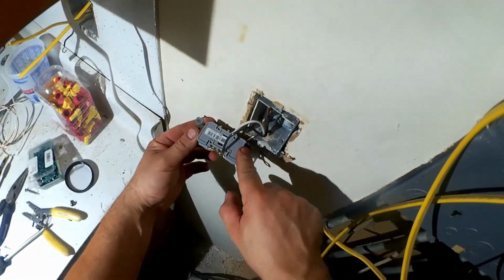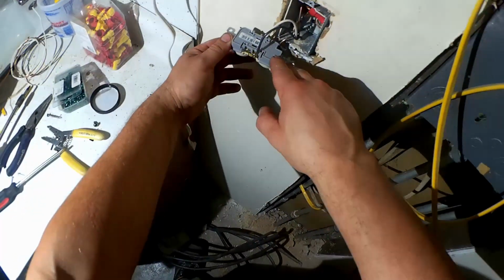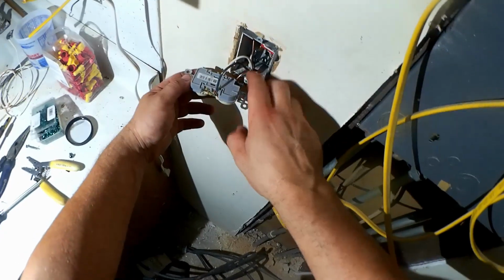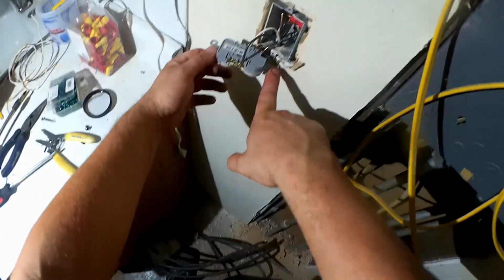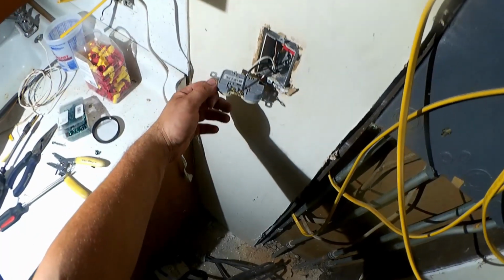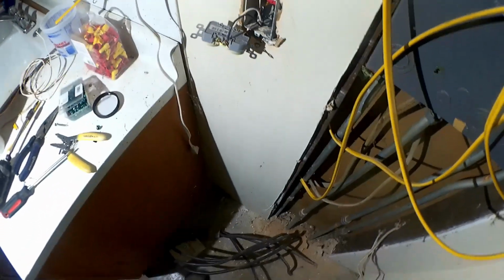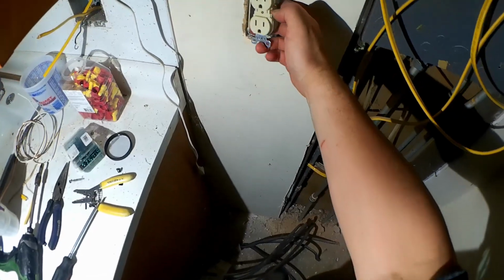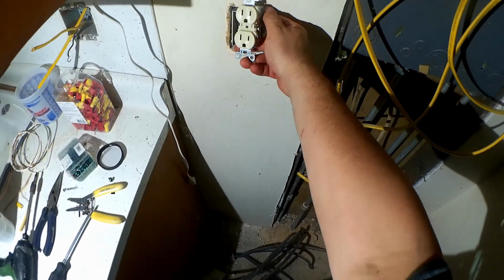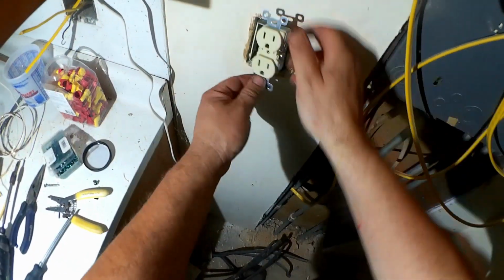One, they normally only work with 14 gauge wire, but then it's not that great of a connection in the first place, and it always loosens up over time. And that's a really annoying fault to chase, wasting everyone's time there. And then there is the great receptacle orientation debate, which on one hand says that it's